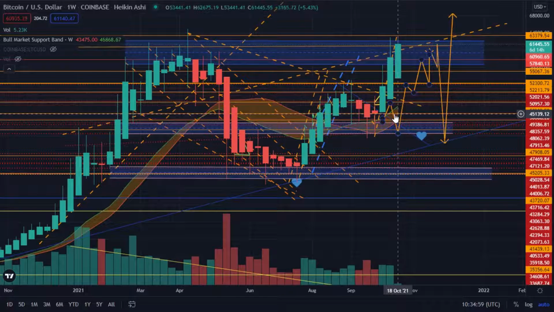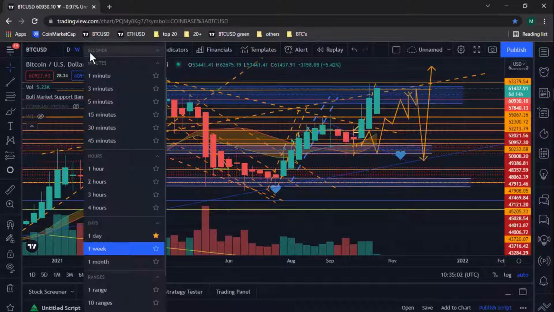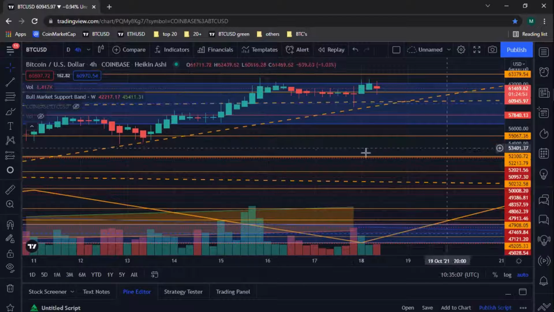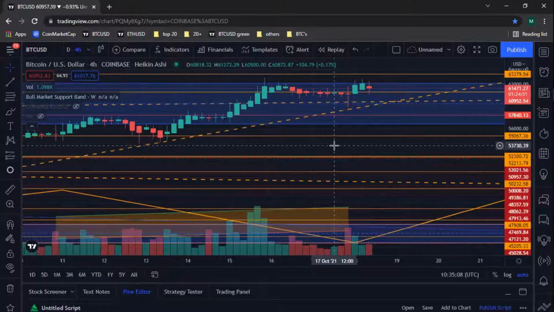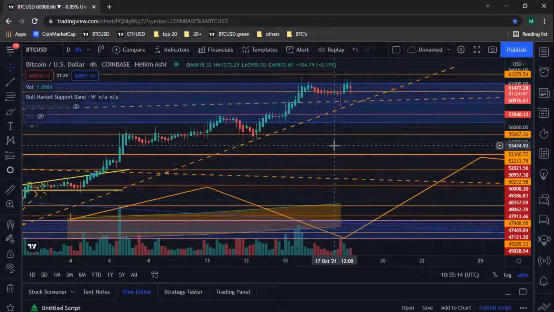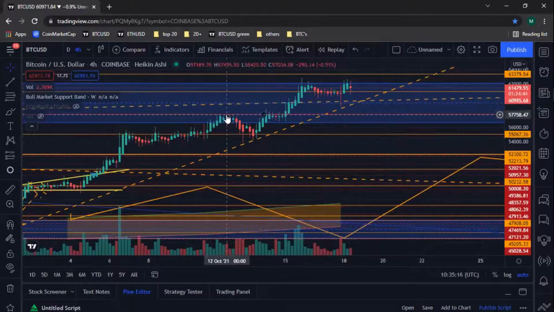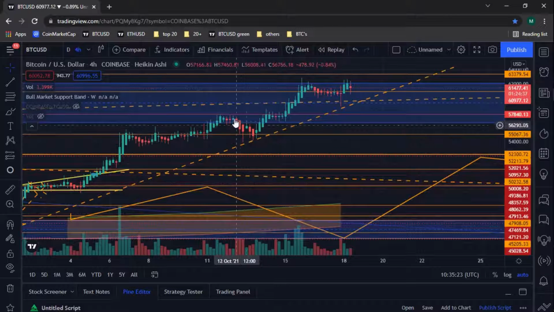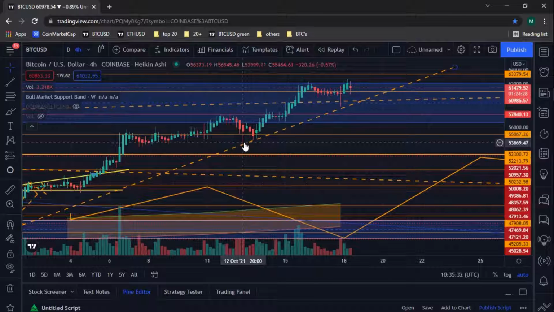So I can show you the pattern in the 4 hours, which is just double tops and double bottoms or triple tops. Let's see. Over here in 4 hours it isn't as reliable, but I can show it to you here because we have more price action. So here, we were at 57.7, Jade, and we came down to 53.9-ish. Now I happen to sell a lot of my Bitcoin here, at around 58, 57.9. 57.7, we touched here, but that's a break of trend.